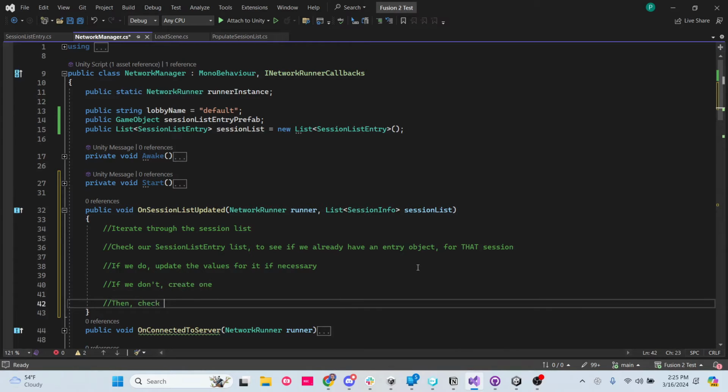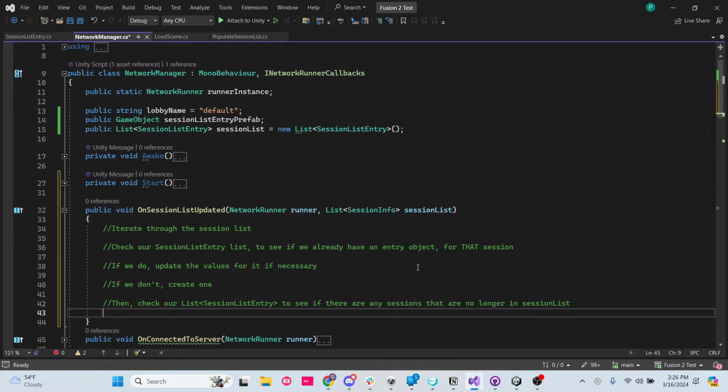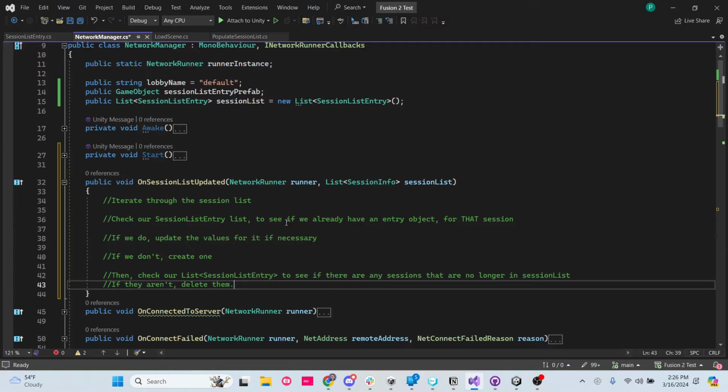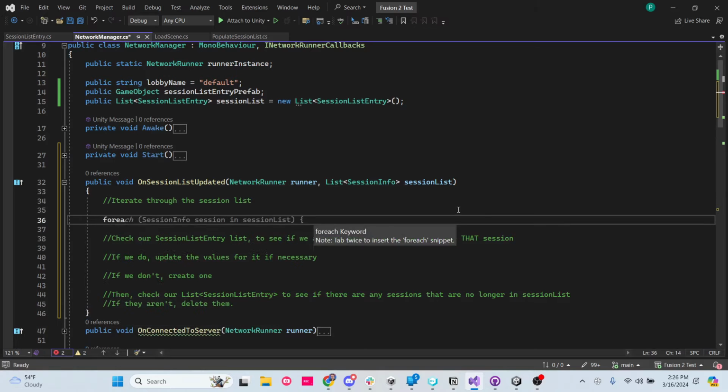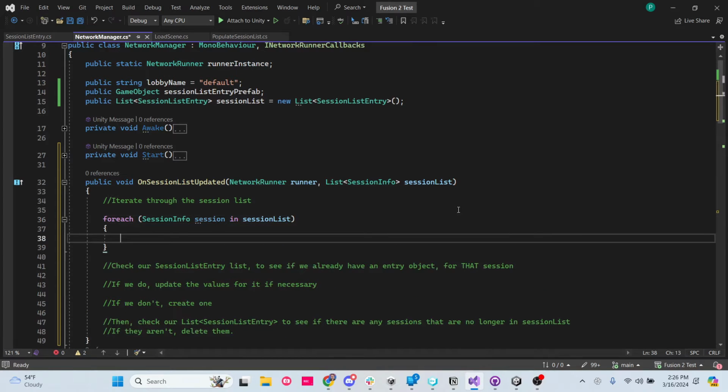Then check our session list entry to see if there are any sessions that are no longer in session list. If they aren't, delete them. Okay, so that's basically what we're going to do all in this one method here. So let's first iterate through the session list. So for each session info in session list,